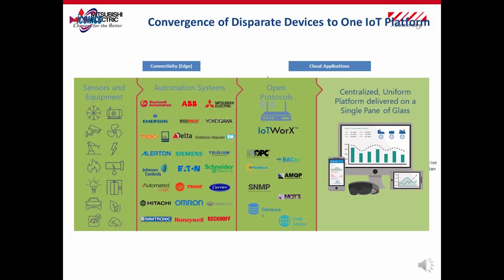So the software gateway that we're pushing, that we're talking a lot about, basically runs on hardened industrial computer type devices and gateways. It runs our IoT Worx software, and essentially it's connectivity from the edge to the cloud. And then you're able to leverage the Iconics software basically as a complete strategy for really supporting the industrial opportunity